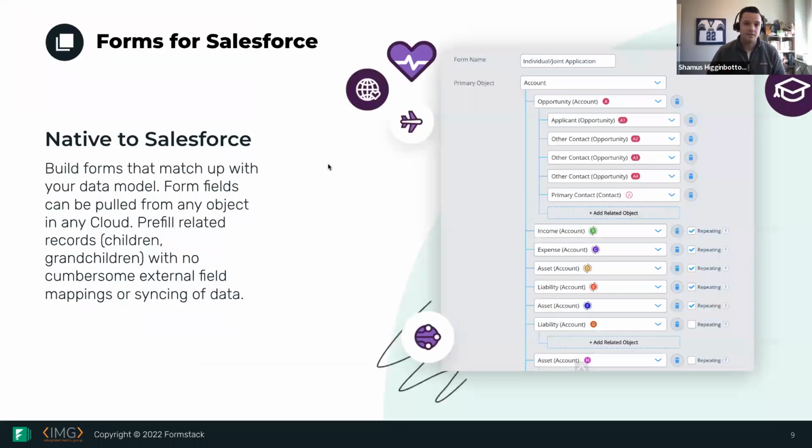There are some specific features and functionality that really differentiate the Formstack platform. First and foremost is that it is inherently native to Salesforce, meaning that when you're building your forms within our app, which is an app on the AppExchange, we're already using that particular Salesforce org's data model. So as I'm adding, for example, a contact first name field onto my form, it's automatically connecting directly to that object,